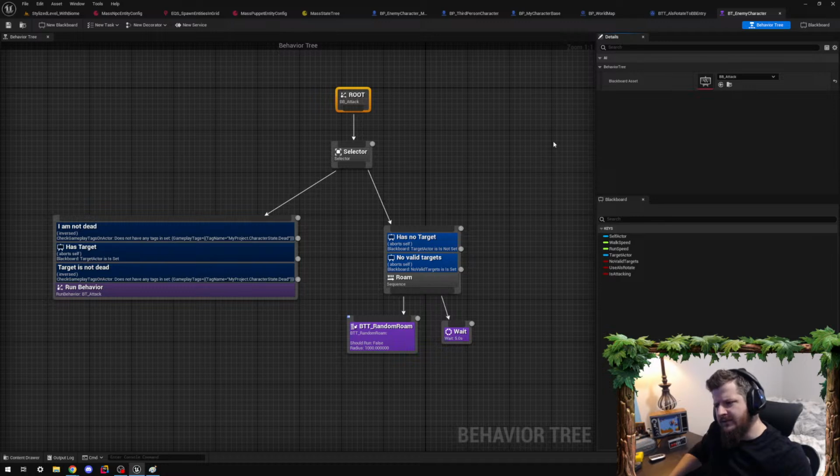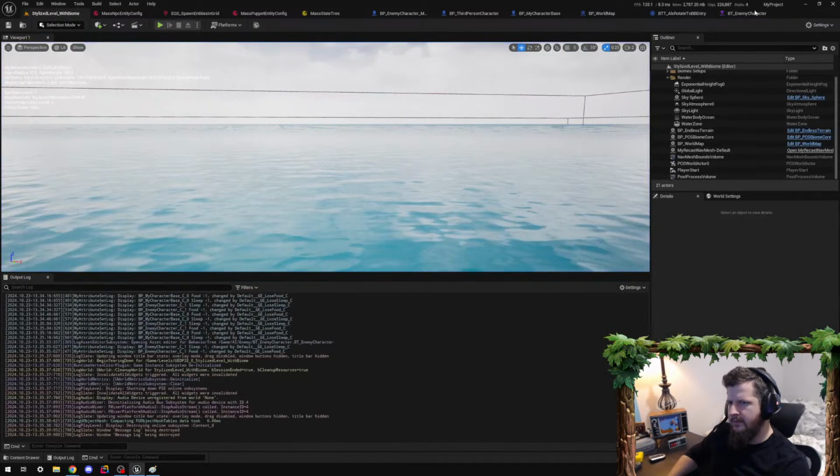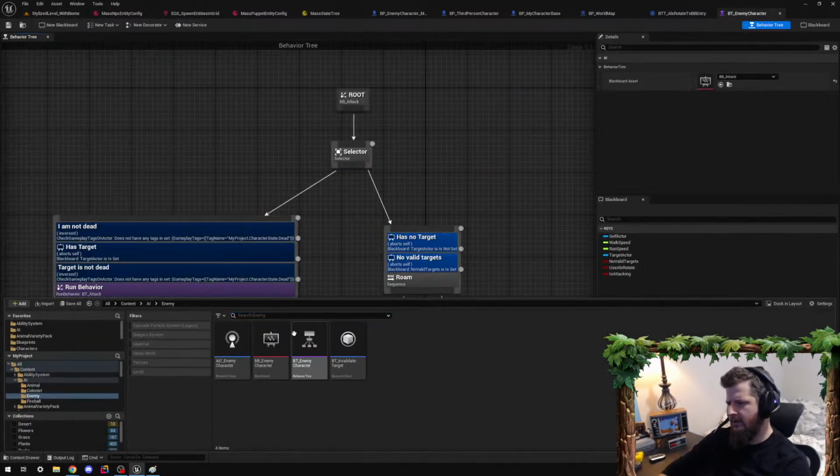I don't like state trees that much, and I don't like behavior trees. They both have idiosyncrasies that provide ambiguity to the development process. New service, new decorator. I was kind of hoping for